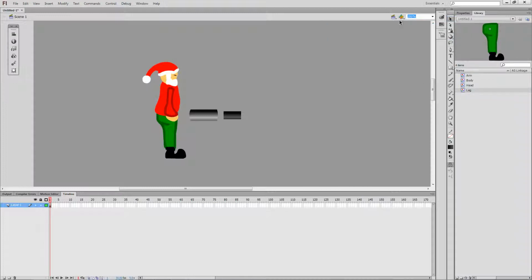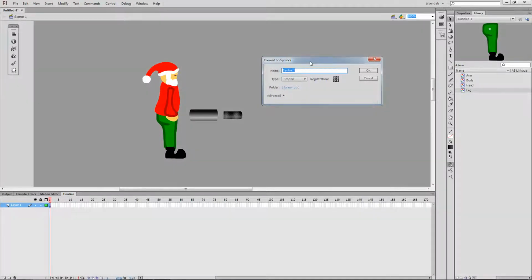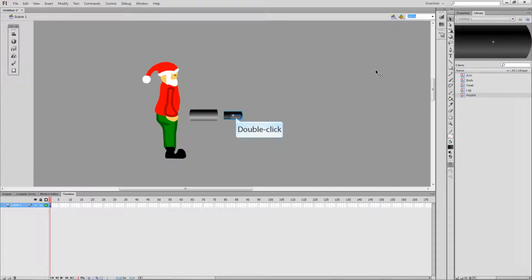And then using the selection tool, I'll do the same thing again, just bend out the end. It doesn't really matter about this bit because it's going to go underneath this section, so I'll right click and create a symbol graphic again, and that can be the muzzle. Okay, and actually